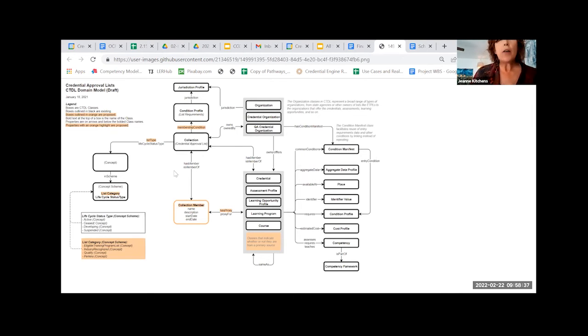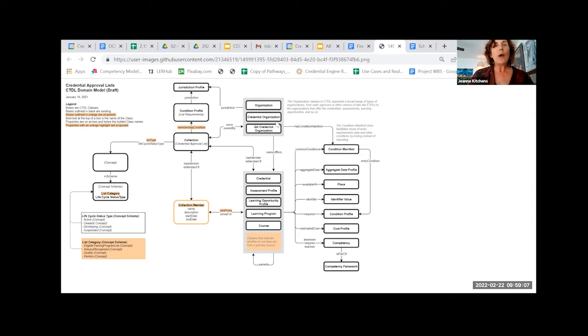We like to do a lot of models and pictures of how our solutions work. And this is the final model. This is after several iterations with our task group. And it's okay if you can't read every bit of this. The main thing I want to communicate here is that in this model, everything that you see that is black text with a white background already exists in the CTDL.